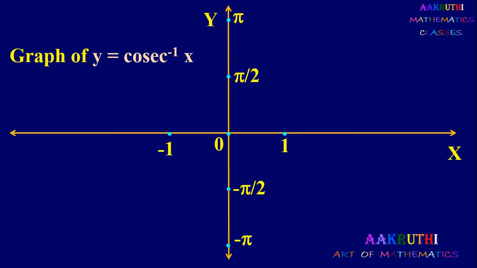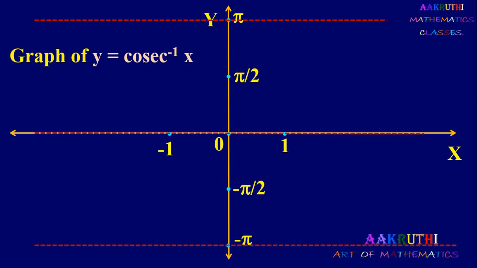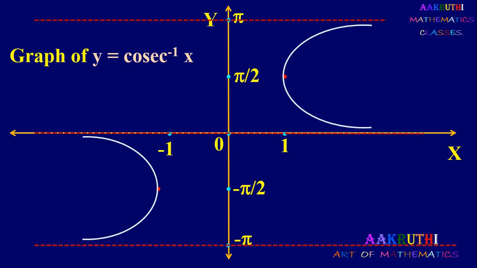So next it is graph of y equal to cosecant inverse x. We know that cosecant x is not defined at 0 degree, 180 degree and minus 180 degree. We draw lines at 0 degree, 180 degree and minus 180 degree. Now we know that cosecant inverse 1 is 90 degree and cosecant inverse minus 1 is minus 90 degree. It is minus pi by 2. And cosecant is positive in between 0 and 180 degree and negative in minus 180 to 0 degree. Therefore, graph of cosecant inverse x is like this. When we join all these points, we get graph like this. So this is graph of y equal to cosecant inverse x.